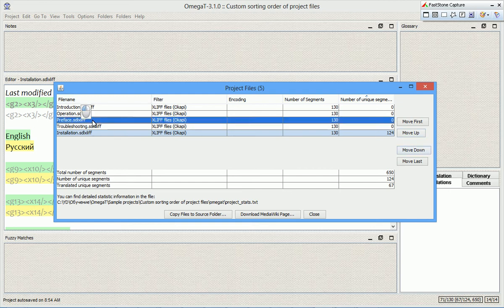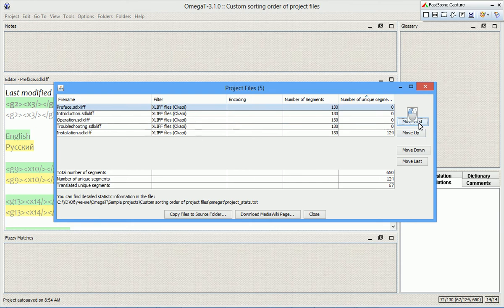So I want preface to be the first one, so I put it move first. Then goes introduction. Then I want to put installation, so I use move up. Then goes operation, and then goes troubleshooting. So this is the sequence that I want to have in my project. I want the files to go in that sequence in my project so that it is easier for me to translate them. As soon as I close this window,